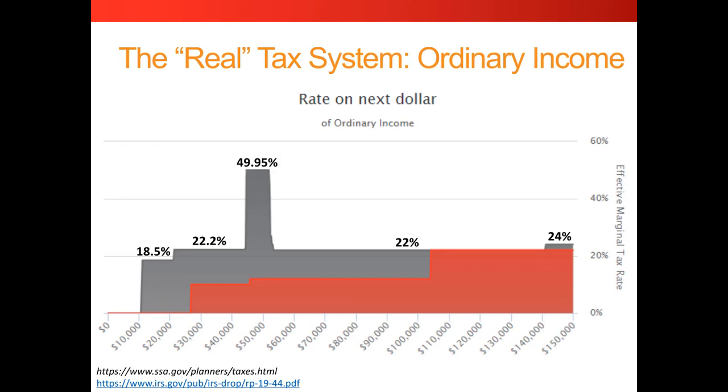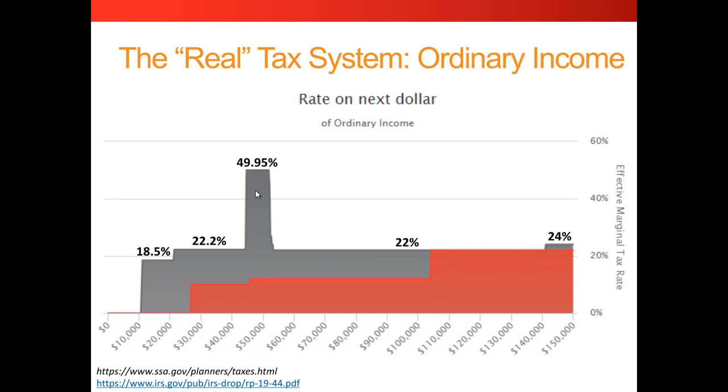This is their actual experience. The gray is what you might call an effective marginal rate. In other words, how much do I actually lose to federal income tax on the next dollar I take from an IRA? So in this particular case, as we move right, we see that this couple can take just over $10,000 out of an IRA before they start experiencing an 18.5% effective marginal rate. Then they jump up into a 22.2% effective marginal rate before finally landing in a